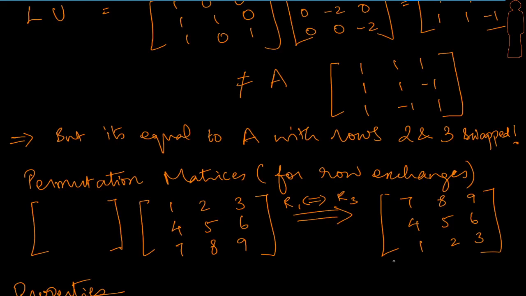Now we can use this operation here. It's a row operation, but remember that row operations can be also viewed as pre-multiplying by another matrix. This is what we did for all other row operations, and we call them elementary row operations. We used what are called elementary matrices. Now here also we could do the same. How do we swap rows 1 and 3 using a matrix multiplication here? So let's use our idea of row view of multiplication. What is the idea?